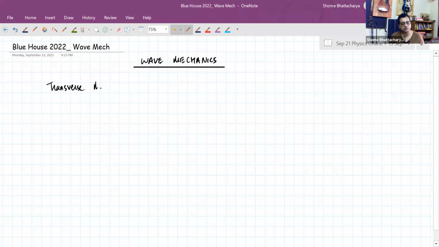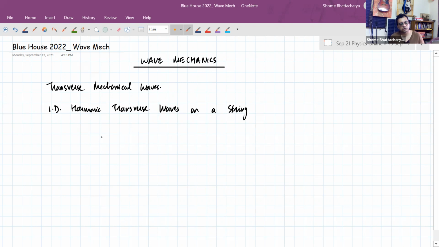Transverse mechanical waves. And as part of that, we have seen the one-dimensional harmonic transverse waves on a string. So the equation of the wave was a harmonic equation,